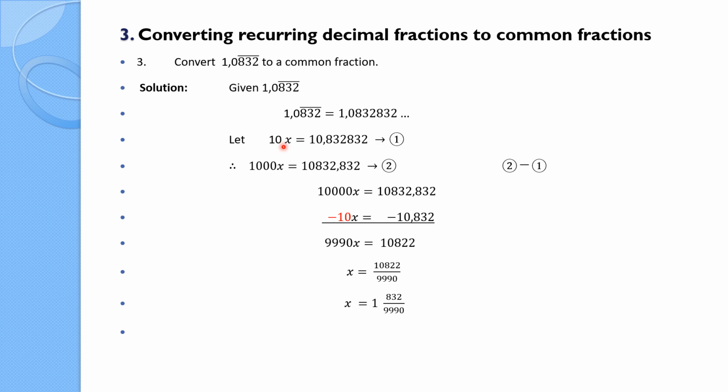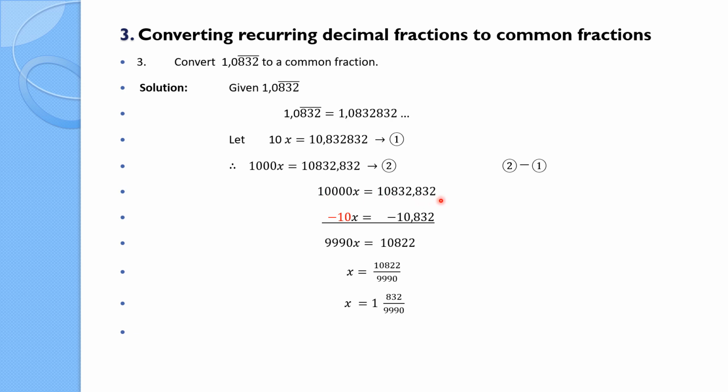If I multiply x by 10, the comma moves 1 space. So 10x then equals 10,832 recurring. Then I need to move the comma past all 3 of the recurring digits. So to move from 1 here, it's 1, 2, 3, 4. So there I'm multiplying by 1,000. I actually should read 10,000. I made a typing error. So that should read 10,000x, which would then give me